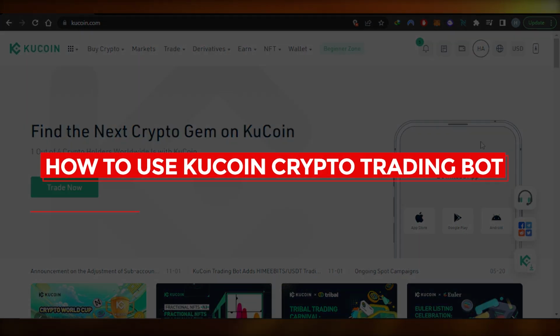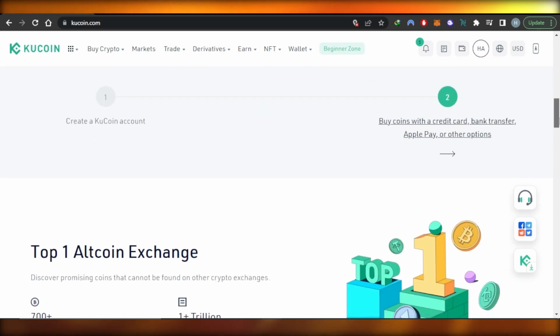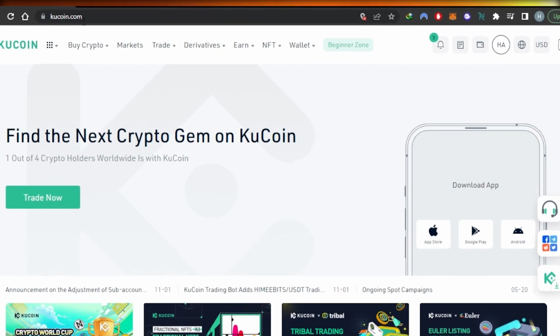How to use KuCoin crypto trading bot quick and easy. Hi guys, welcome back. Today I'm giving you a tutorial on how to use KuCoin crypto trading bot. So let's get started. First, what you guys need to do is open up KuCoin.com and you will